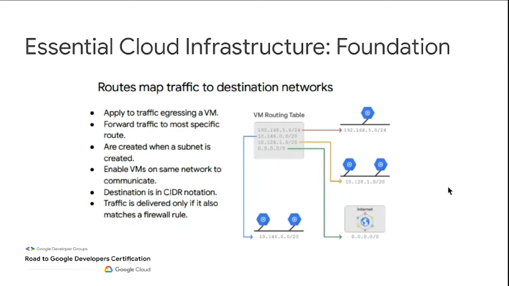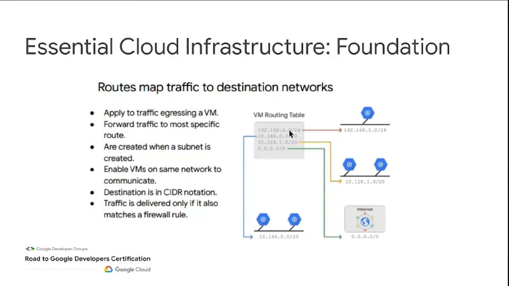So we talked about networks and subnetworks. In order for these networks to talk with each other, you have to have routing in between. Routes are basically addresses that specify a network. If you look at something like 192.168.5.0/24, it refers to the network that has the first IP as 5.1 up until 5.255. So if you have this route in your VM routing table, then when traffic wants to go out, so it's egress, not ingress, going from your VM to the outside,